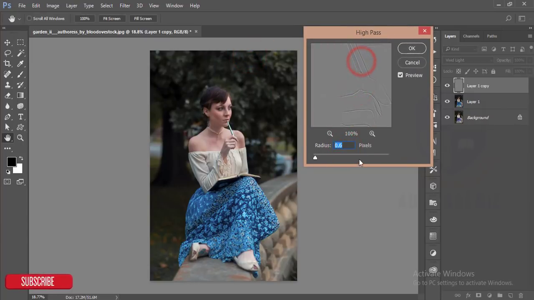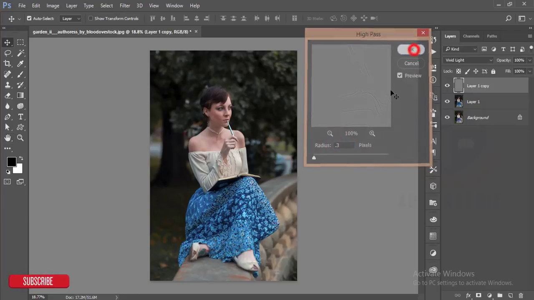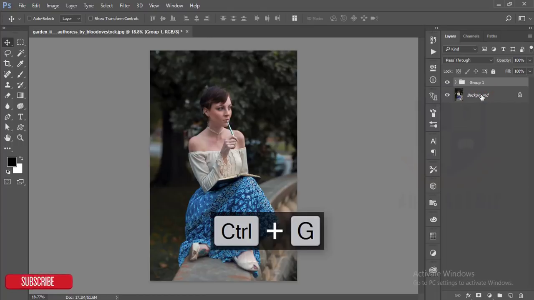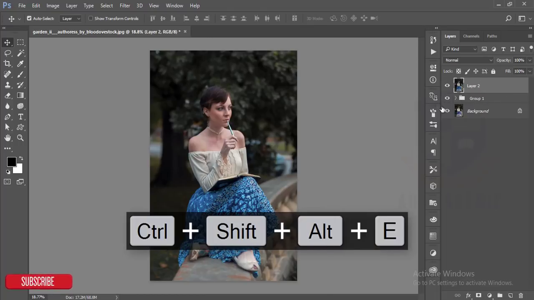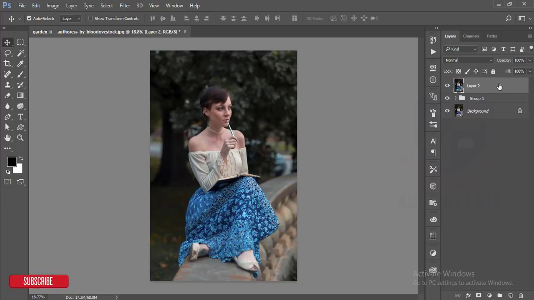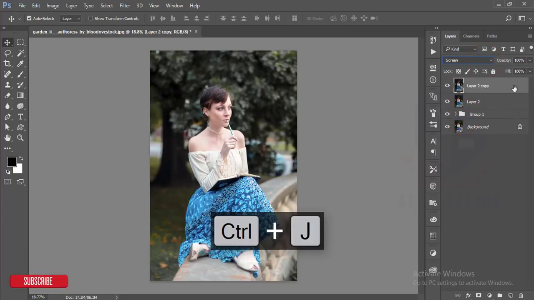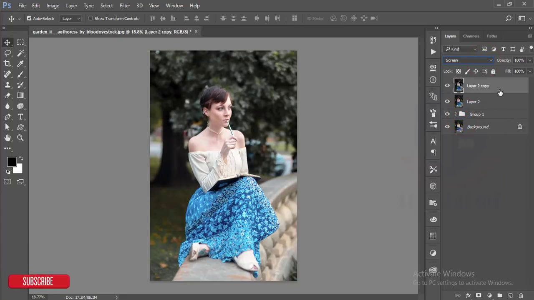It will be 0.5% or 0.3% is good. I'm just doing this one for sharpening the image, and make a copy and make a merge of this one. After that I'll just copy this layer and make it the screen mode, and go to